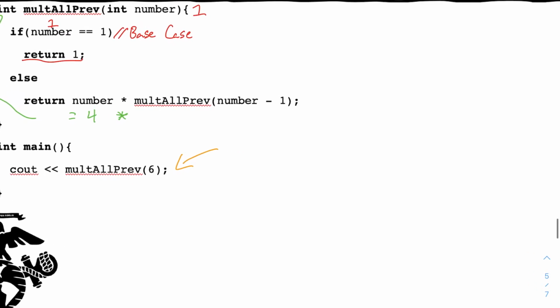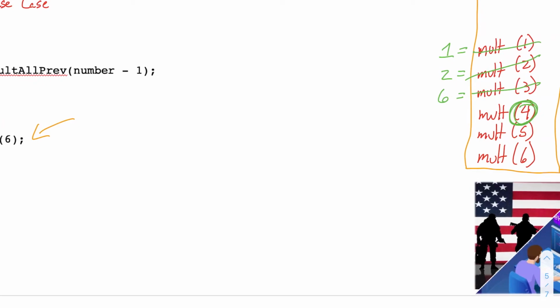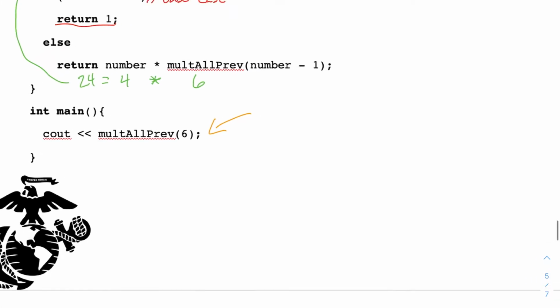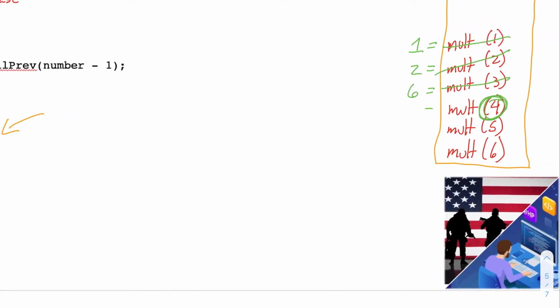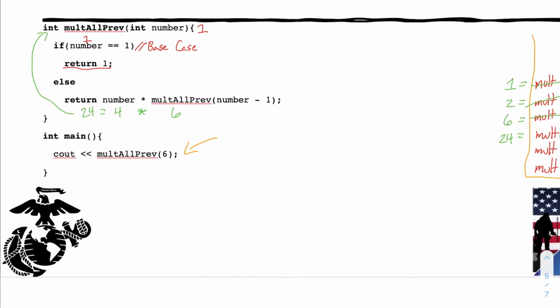4 times. Mult of 3 equals 6. 4 times 6 equals 24. Now we have equals 24. Now we have